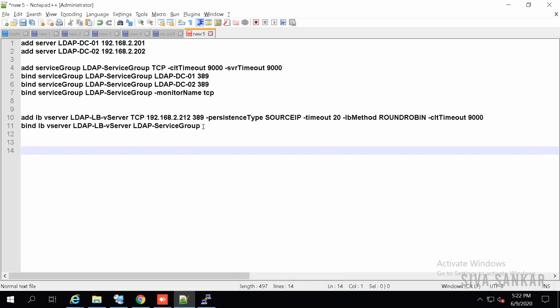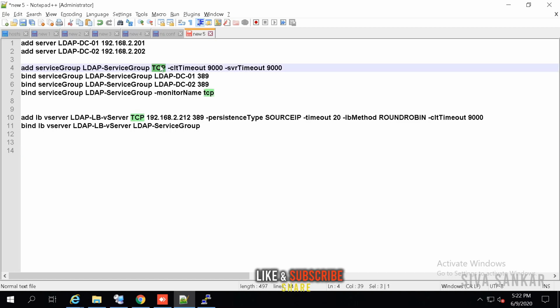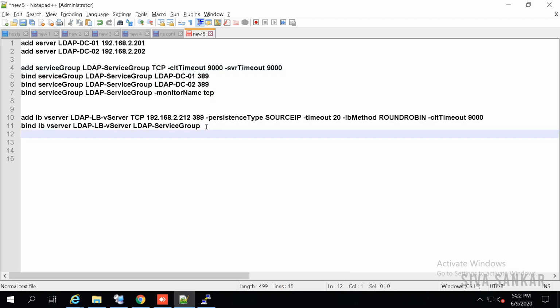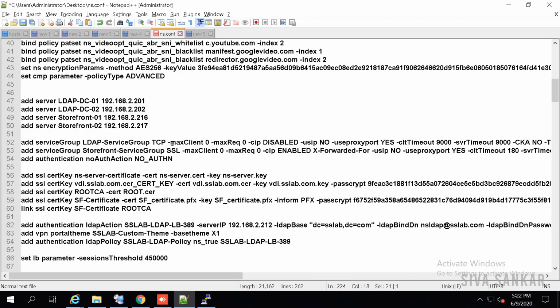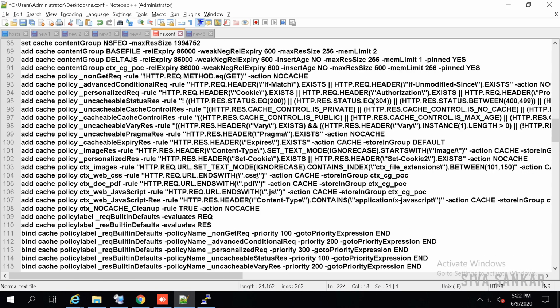What generally I do is I take something like this for each use case. If I want to do SSL, very simple. Instead of TCP, SSL. That's it. Here SSL, and you need to bind the certificate. That's the only thing, right? There is one more line here, just to bind the certificate. Let's say here, where is the bind certificate command?